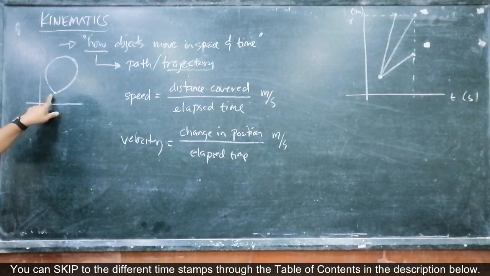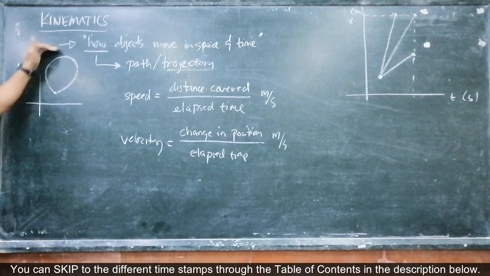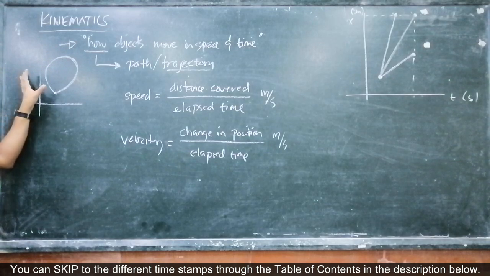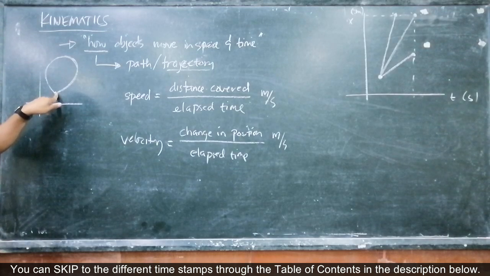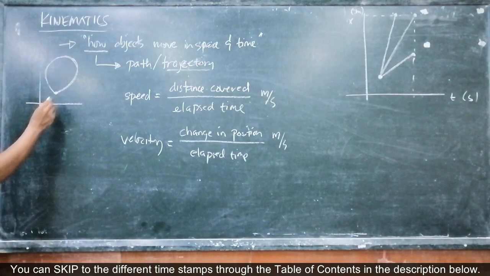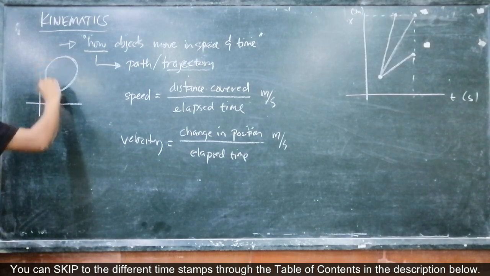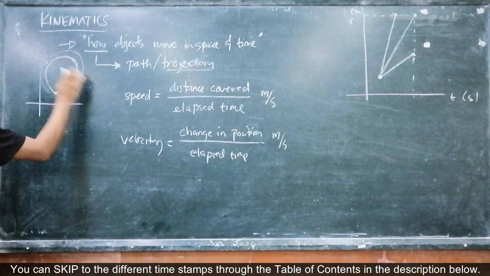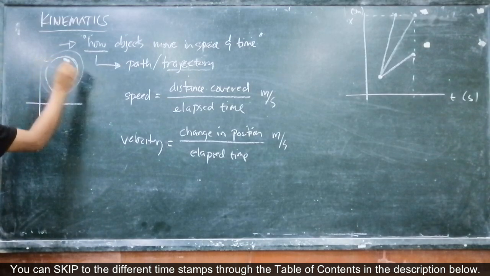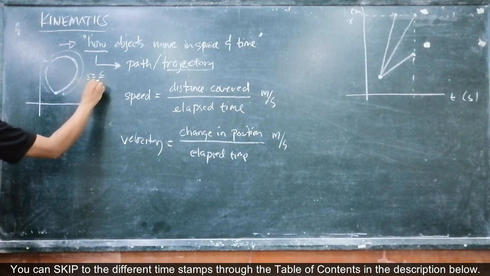But the velocity on this one is 0, right? Why? Because what's the change in position after you travel this by an elapsed time of delta t? Whatever the time is, the speed for this path would be just the arc length. This is S. Let's just call this C. So S is equal to C over the elapsed time,